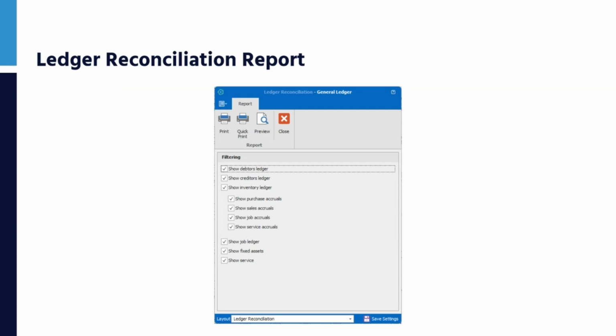So basically when you go to run the report, you can run it for all of the ledgers within the system as they flow through to control accounts. One of the beauties of the report sets, for example, is you could include the ledger reconciliation report in different flavors. So you could have just a debtors creditors version, and then an inventory version, and then your other ledgers if they're relevant. Different people could be interested in those aspects of the reconciliation report depending on their role in the organisation. But if you want to do a holus bolus one, you can tick on all of those options and the